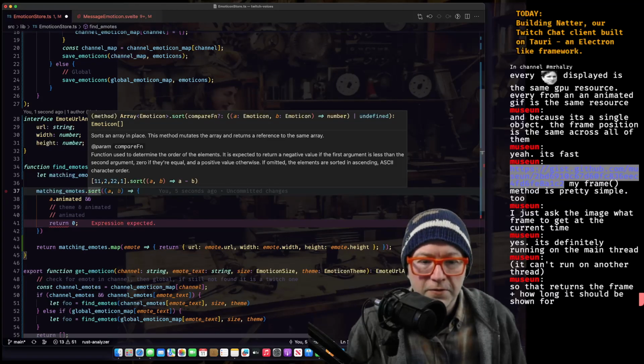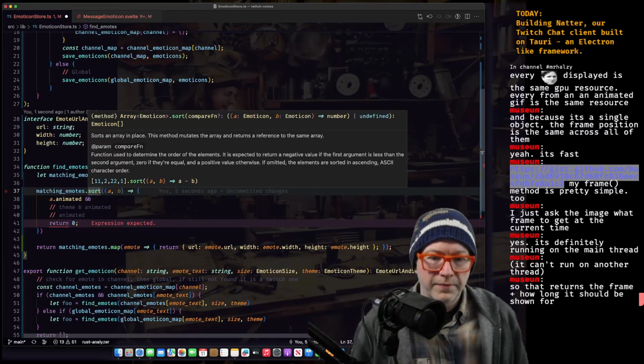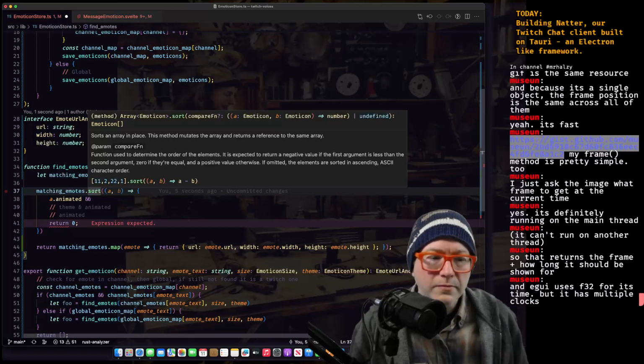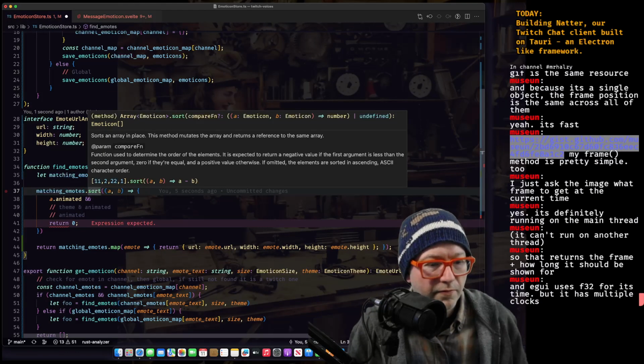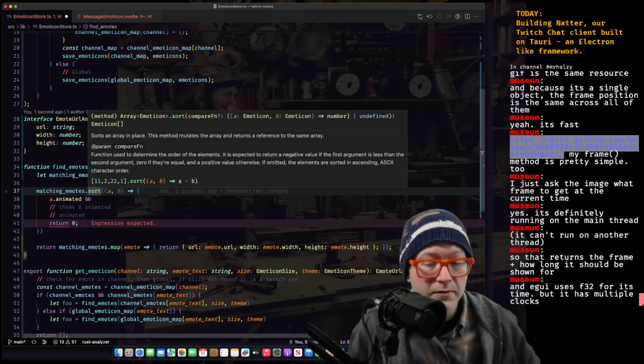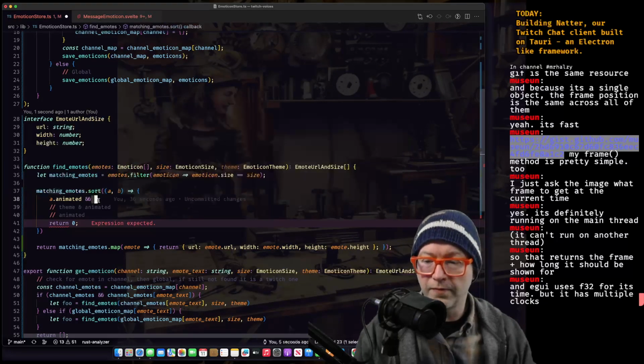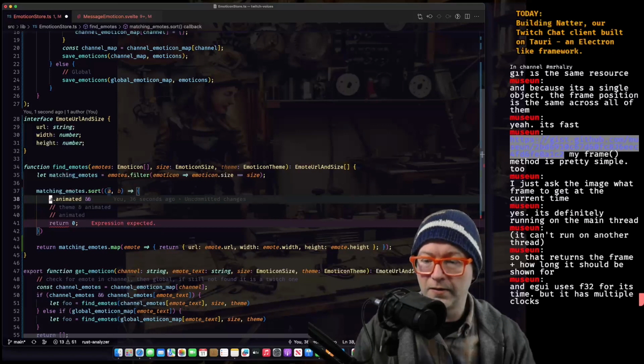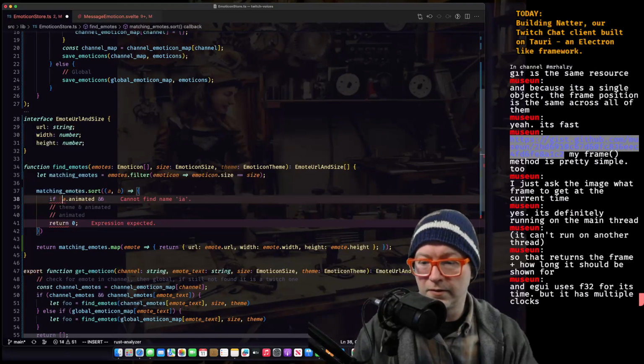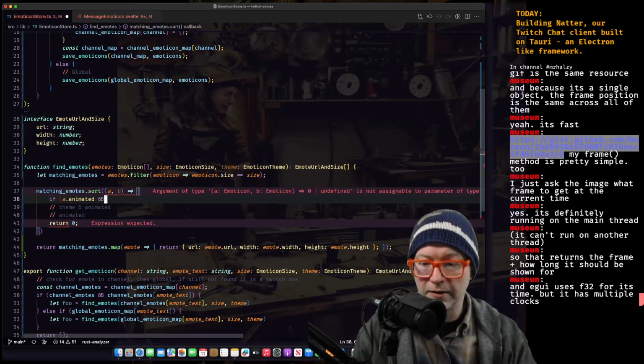Okay. If the first argument is less than the second argument, 0, they're equal and positive otherwise. Okay. But it has multiple clocks. Oh, interesting. A animated and B animated.